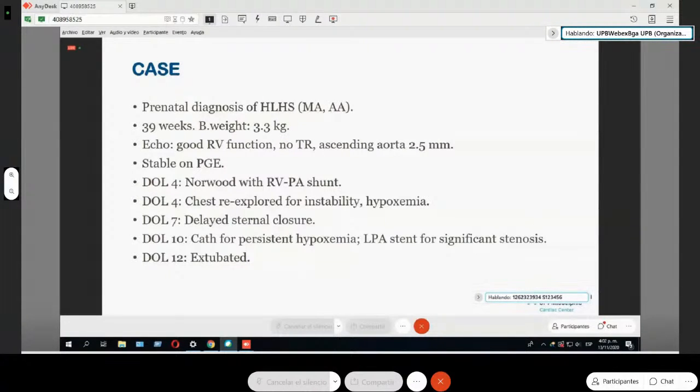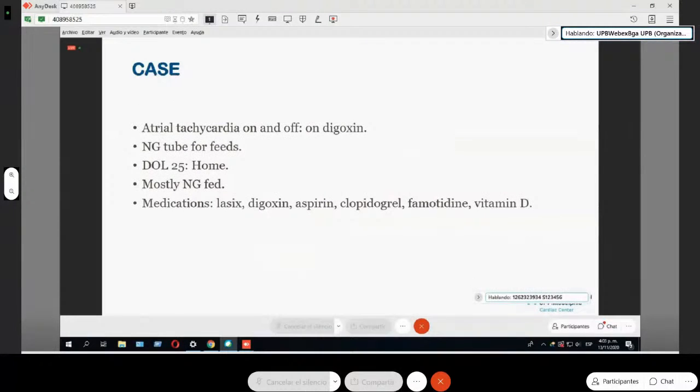El pecho fue reexplorado buscando inestabilidad e hipoxemia y se le sometió a cierre. Tuvo cierre esternal tardío, cateterismo para hipoxemia persistente y se le colocaron stents en estenosis arteriopulmonar, y eventualmente fue extubado. Se presentó taquicardia auricular y con un mes de edad el bebé pudo ir a casa